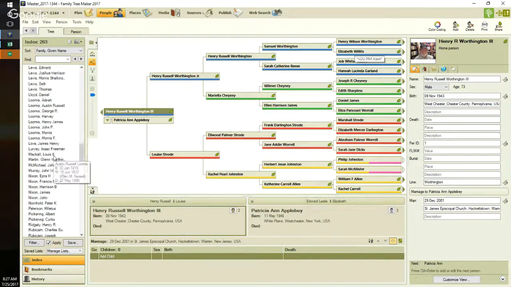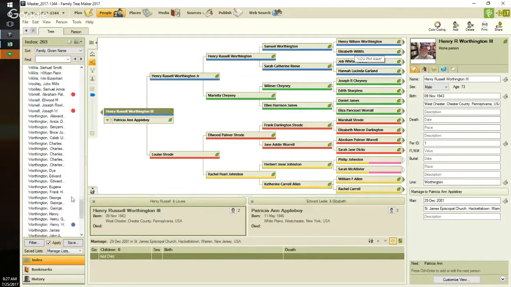And I'll just scroll down a little bit more. There's a red one, which would have been my maternal grandfather's line. There's another couple more red ones and a blue one, which would have been my paternal